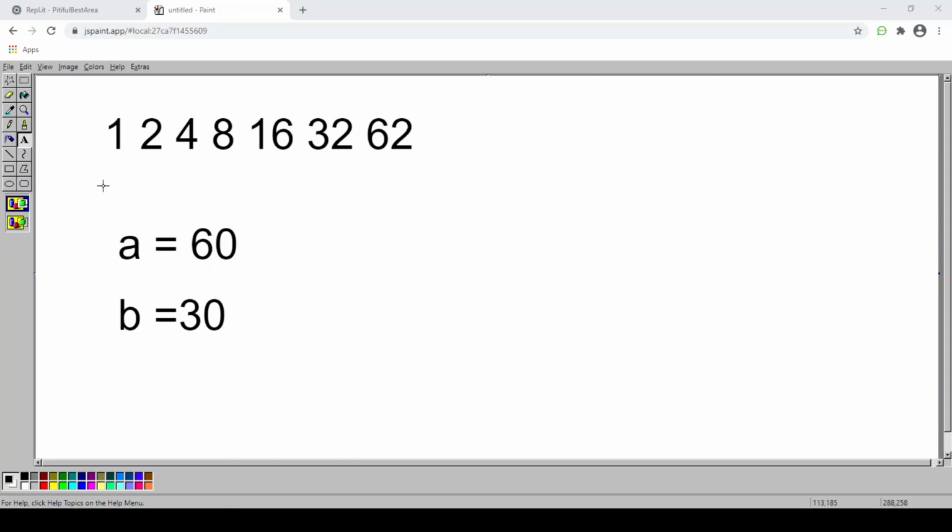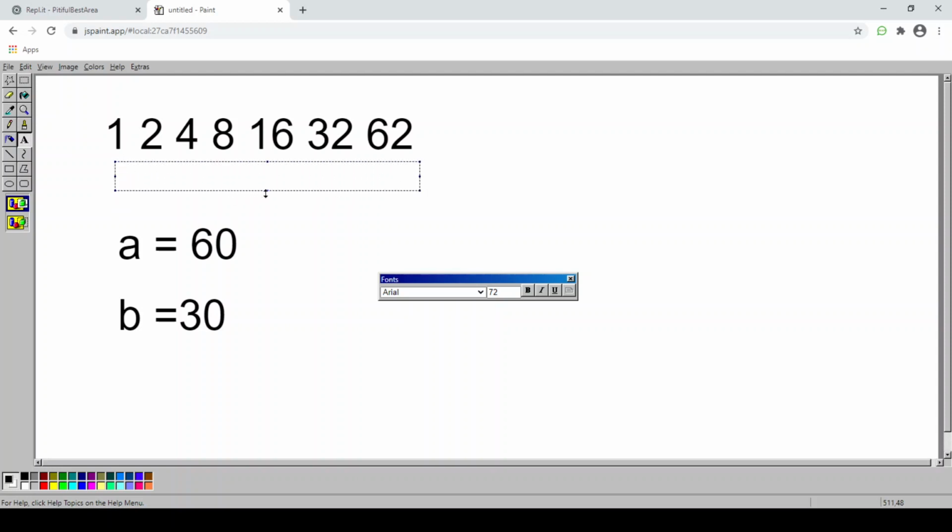What I'm going to do is put a 0 for the value 1, because we don't get any value by adding 1, and we're going to put 0 for 2 also.